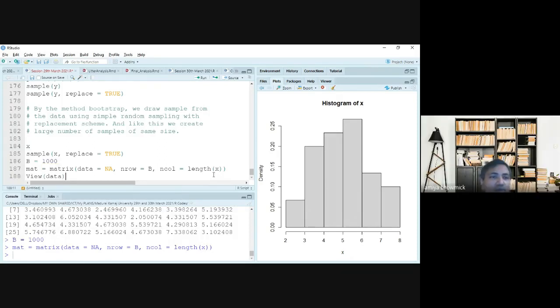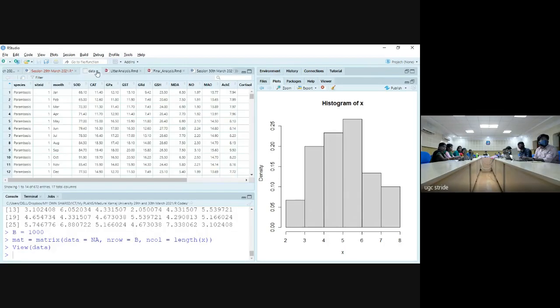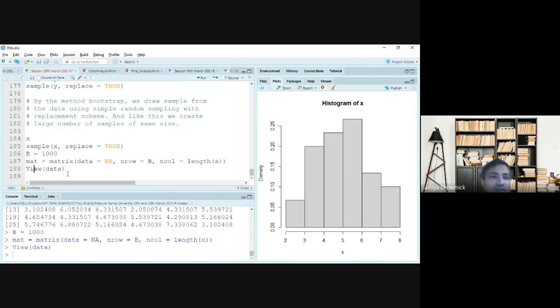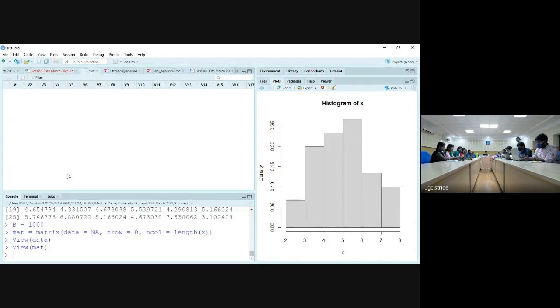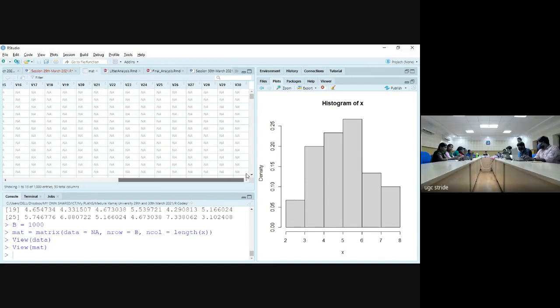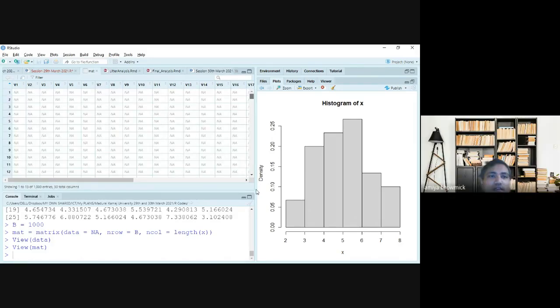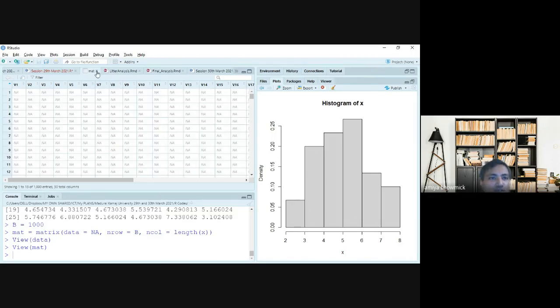If I want to view my matrix, this is the view of the matrix. As you can see, there are 30 columns, and there are 1,000 rows, which is not showing here completely, but there are 1,000 rows.